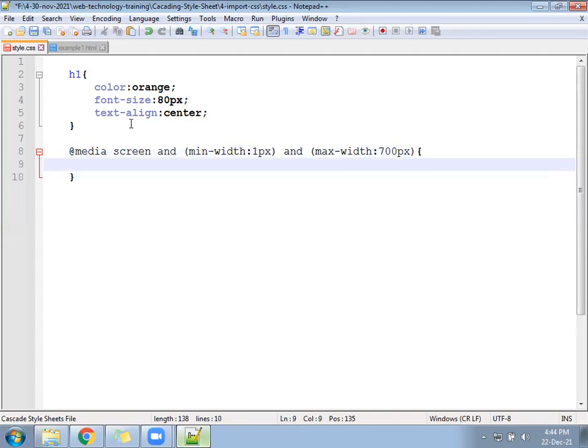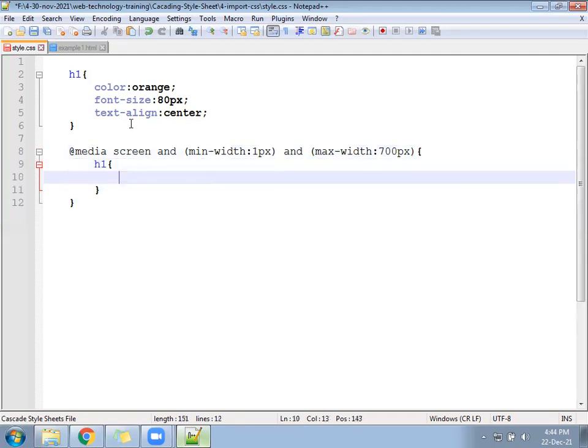Then H1 color should convert into green, and we will write here !important.